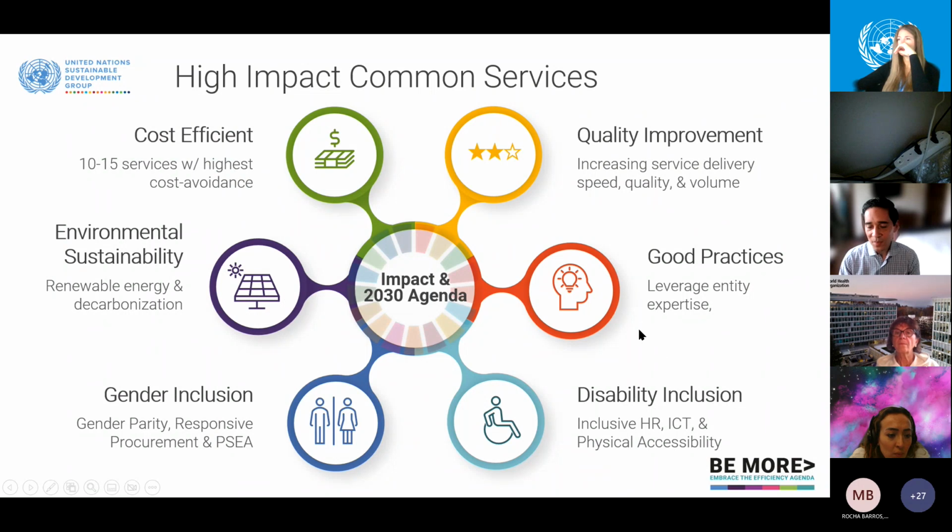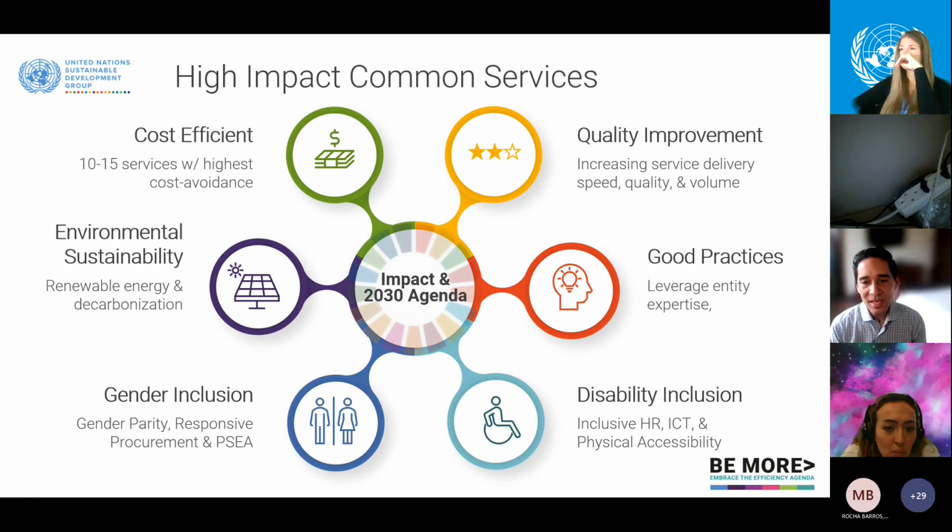We then have some good practices, which I think, if you've been in some of the other webinars, include WFP and UNHCR's fleet management solutions. So being able to book and manage fleets through an app, very similar to some other rideshare apps that are in the private sector, but specifically for the UN. There's, as another example, the global assets disposal from UNHCR, so being able to have auctions jointly to dispose of different assets.